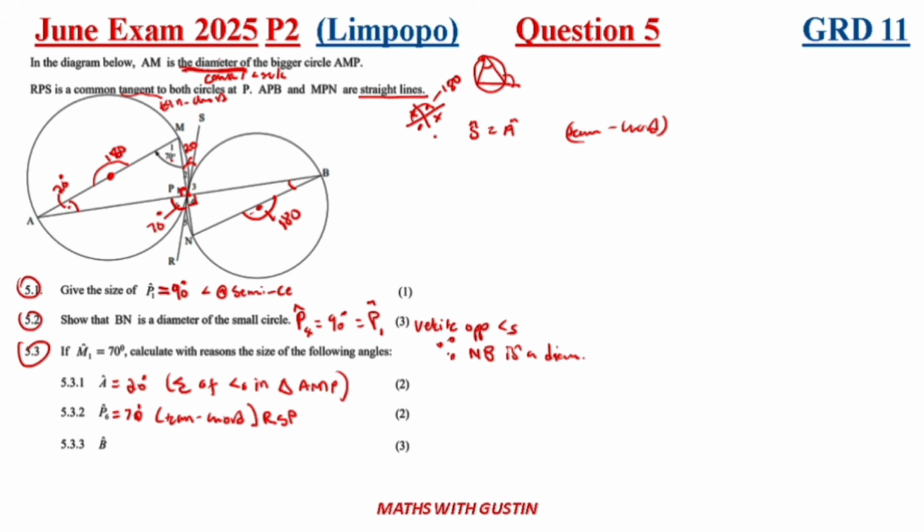Okay, so therefore this is 5.2.3. So now this will also be equal to 20. If you look at this triangle here, there's the 20 there. So this 20 here is also equal to that. This angle here is equal to that because of what? Tankard theorem. So therefore B is equal to